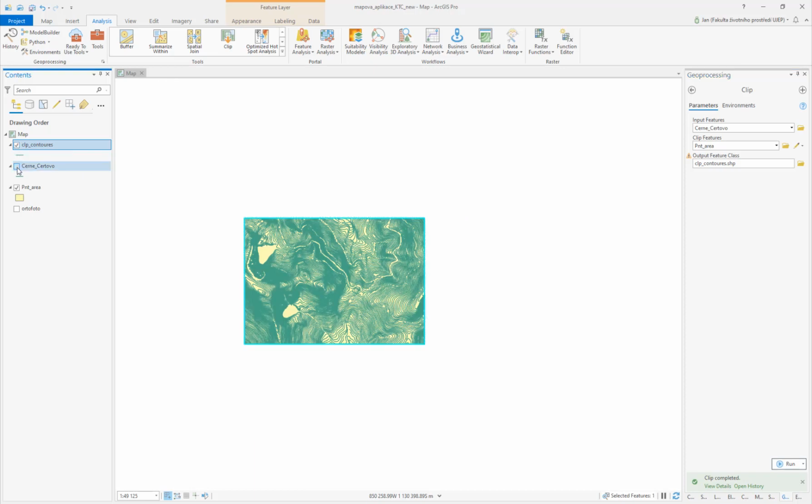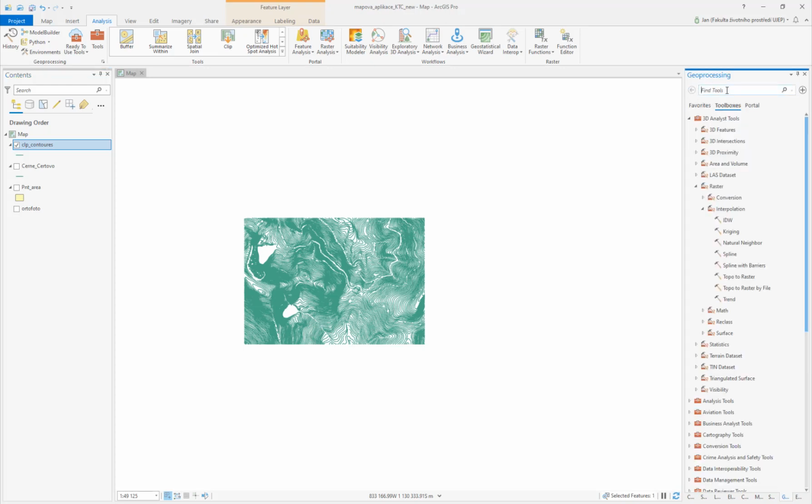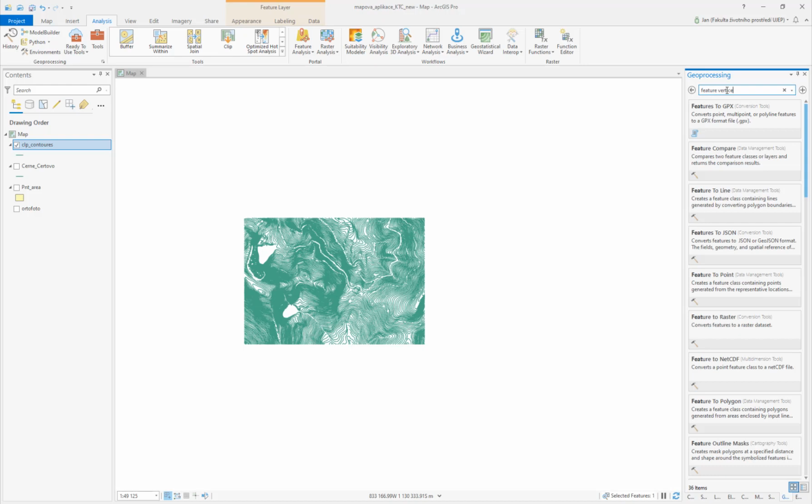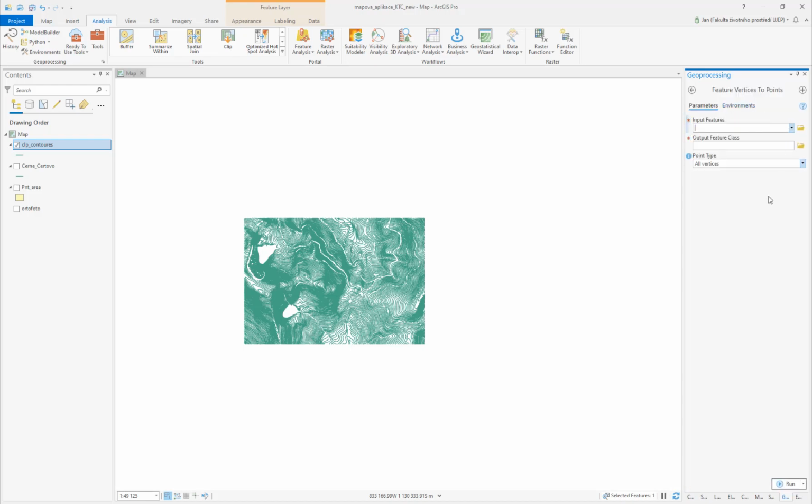So here we have our clip contour lines, and now we would like to get the points out of it, right? So we go to geoprocessing and we find a function that is called feature vertices to points. Here we go. And there should be a help button. Here we go. And it says